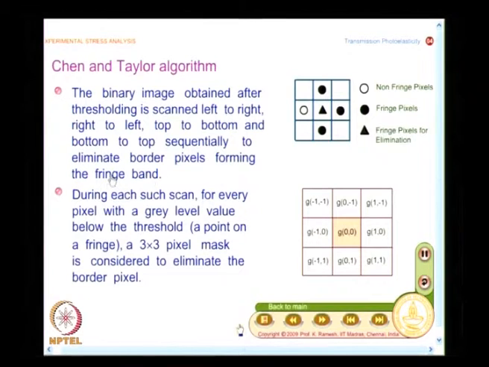So, now I have to develop a condition: how do I identify that this is a border pixel and how do I remove it? Visually it is very simple. If I give a photograph to you and ask you to mark the fringe skeleton, you will do it. If your hand is not shaky, you will do a very good fringe. If you are an artist, you can really pick out that fringe contour very well. But once we go for image processing, irrespective of the user, we want the computer to give you the skeleton.